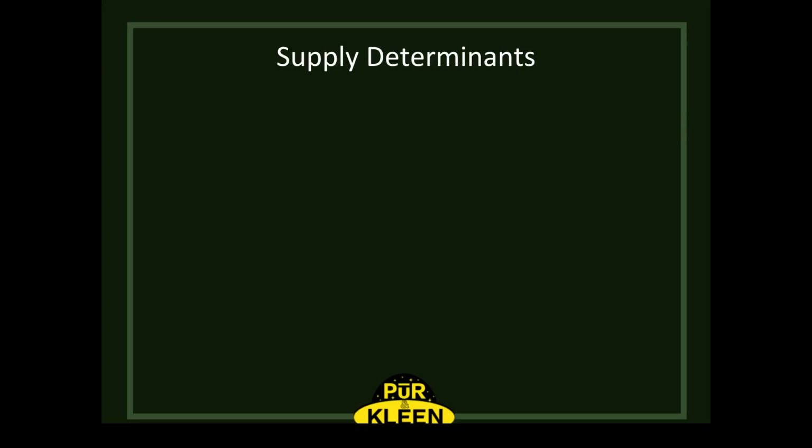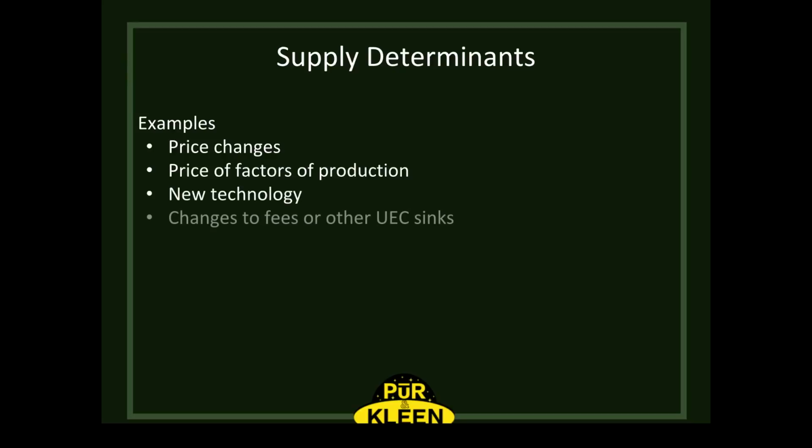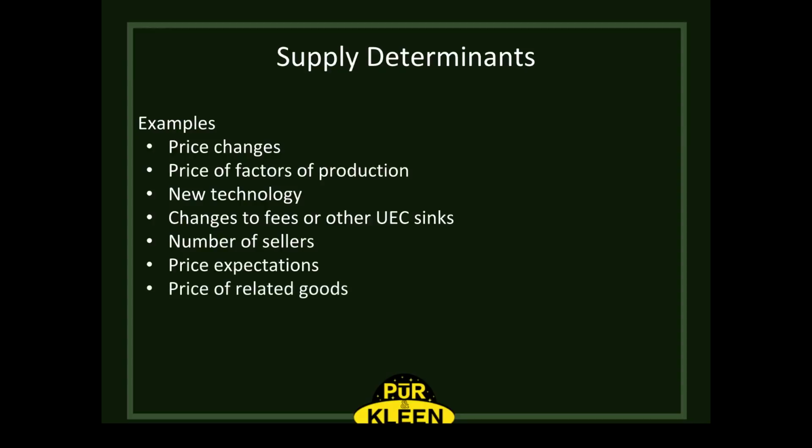What are some supply determinants other than price in Star Citizen? Well, other than price, you can include the prices of the factors of production, how much they will charge you at a refinery, how much it costs to acquire ships, etc. Everything used to create the product. You can include technology invented by CIG via content patches, or like alien artifact discoveries that give you a boost or make things slower. Changes to fees and other UEC money sinks by CIG, number of sellers, price expectations, and the price of other